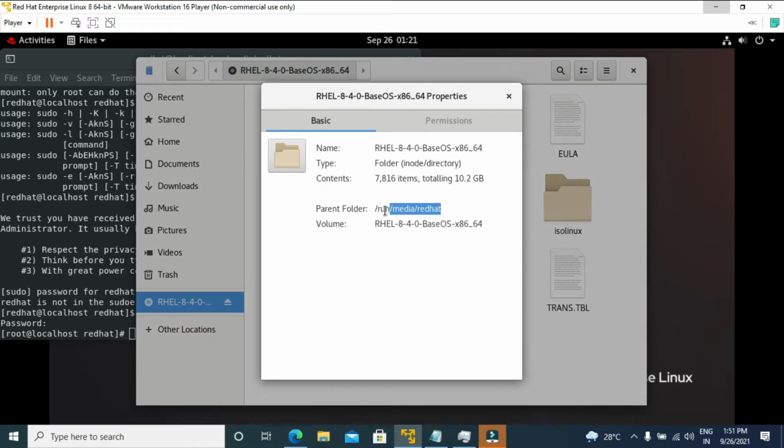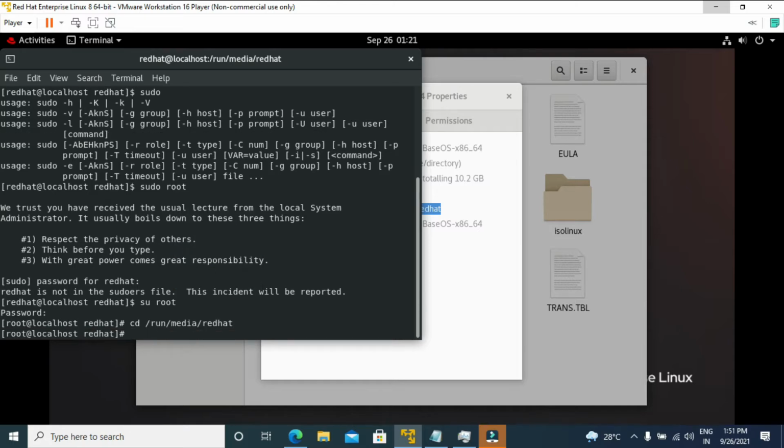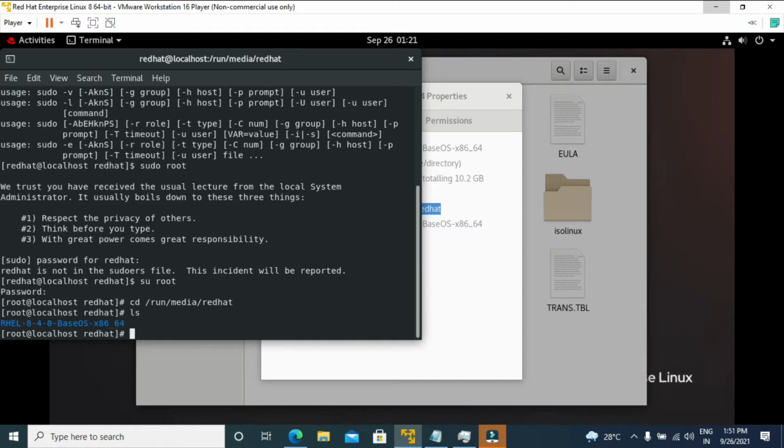You can see this page is accessible. Now if you check with ls, you can see that the media is available. From here we can do our local repository.